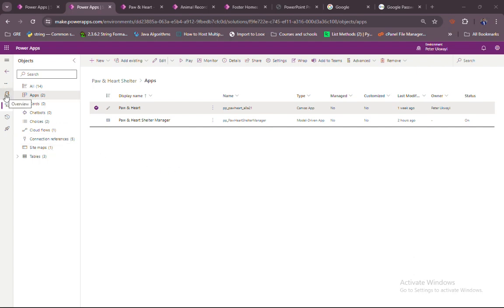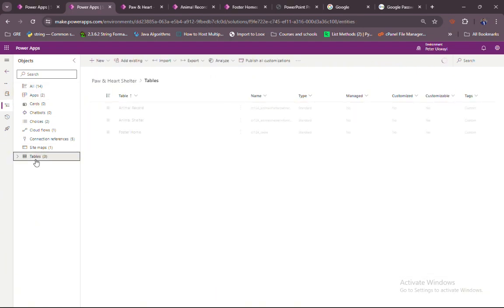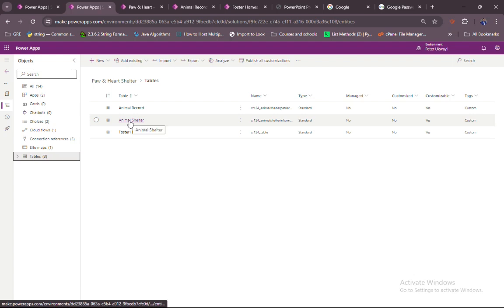So in here we're in the solution already, where we have 3 tables that have been given, serving as the backbone to this whole solution. Animal record contains the record of all the animals and their shelter status, the sex, the type of animal, their names, and a whole bunch of other information. The shelter contains the names of shelters currently operated by Power and Heart, and the foster homes contains the record of the foster families that volunteer to take care of these animals once they are cleared from the